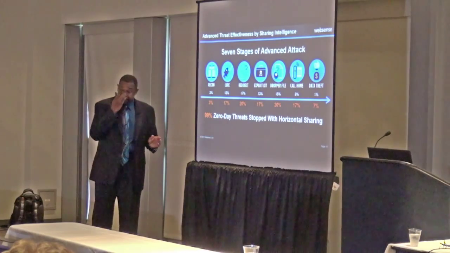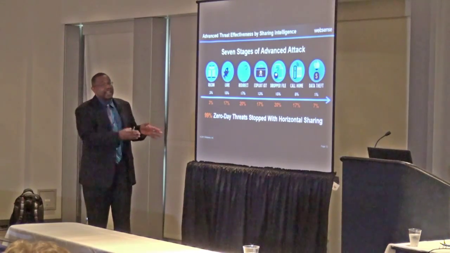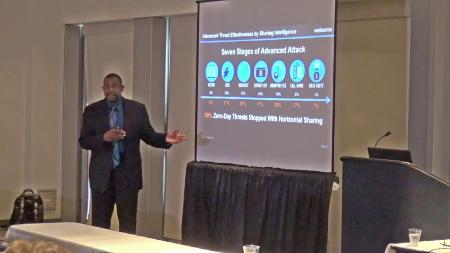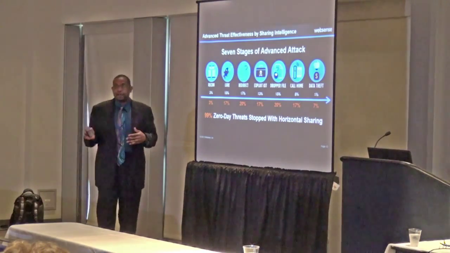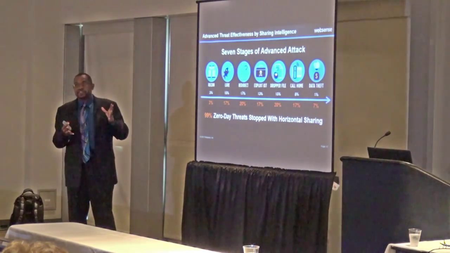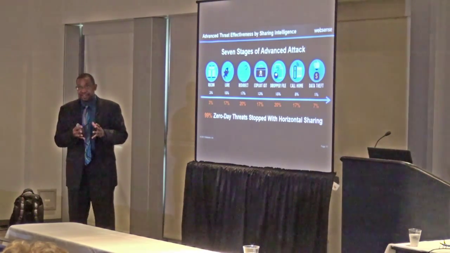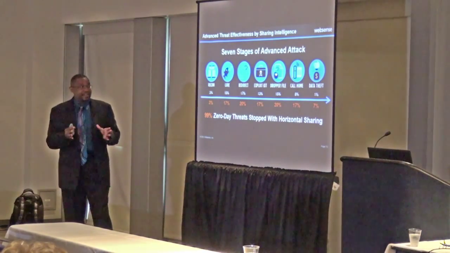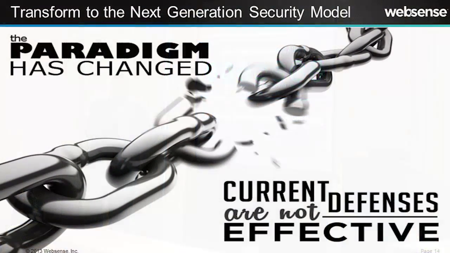It's a good way to map out what controls and defenses you have in your environment too, because generally every advanced attack is going through these 7 stages. You've seen some, probably in Lockheed Martin, as a 5-stage model. Some of the other organizations use a 3-stage model. At the end of the day, they're still the same stages to some degree. They are combining stages, if that makes any sense. Simple is better. There are 7 exploits to an advanced attack. Figure out what your controls are and what solutions you have in place.